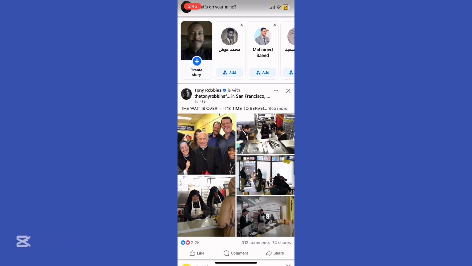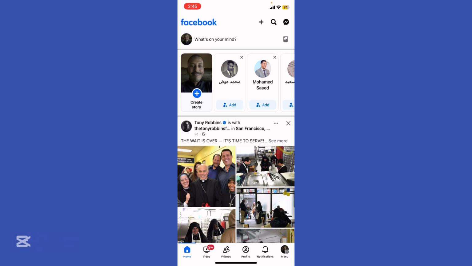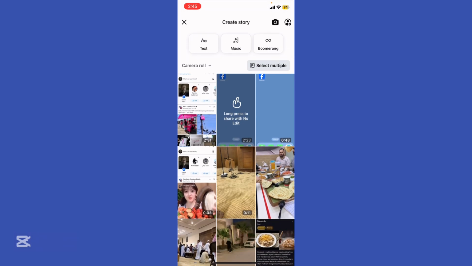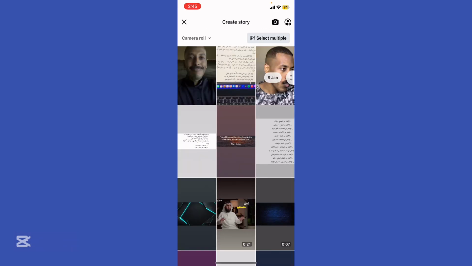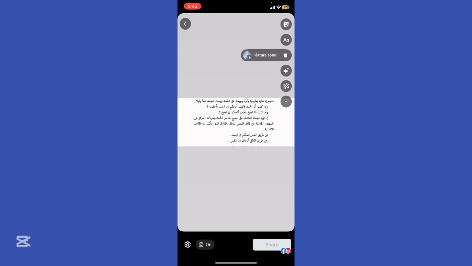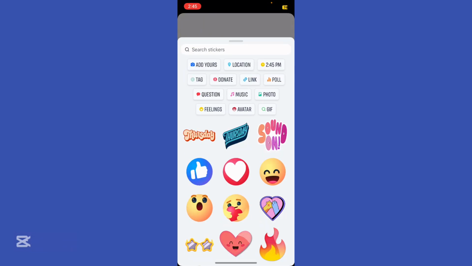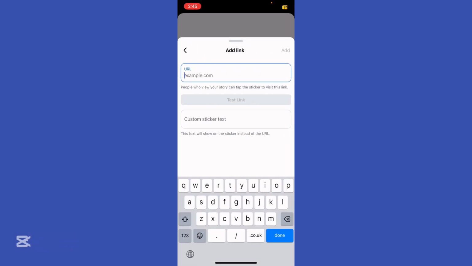So go to your Facebook now, right? And what you're going to do, just go ahead and hit the plus button at the top right and hit story, and you're going to select the photo that you want to add. Let's say this one. Let me cancel the music, and then hit the stickers at the top right, add link,